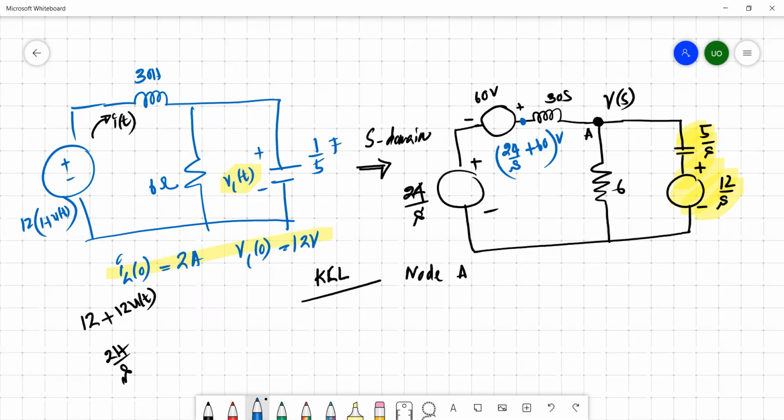Here it's Vs. So you can find the current. If you assume that the current flows into the node like this, then we can simply say that